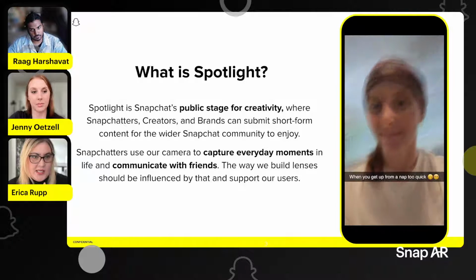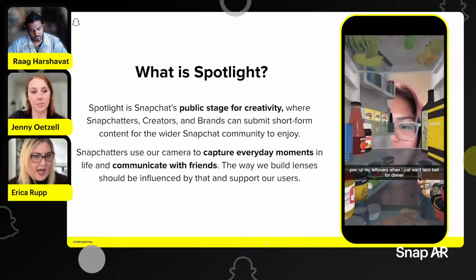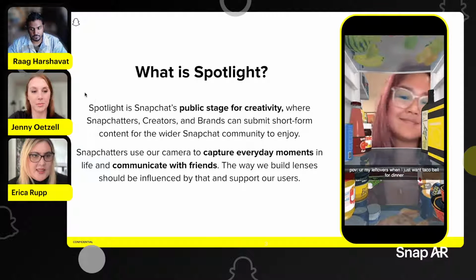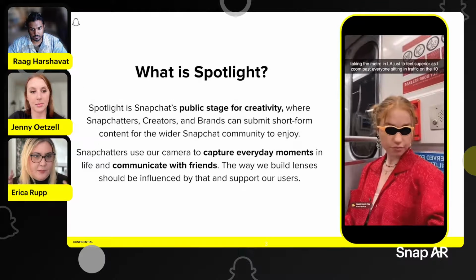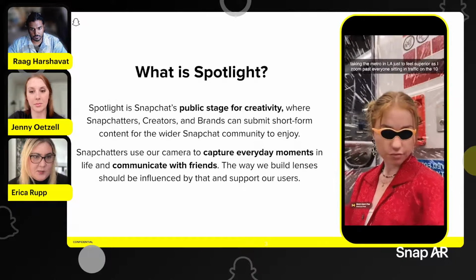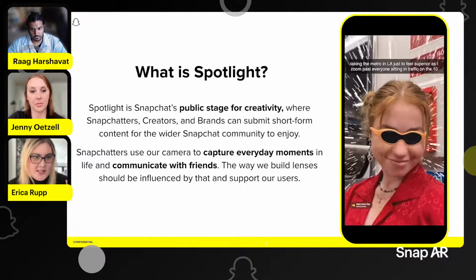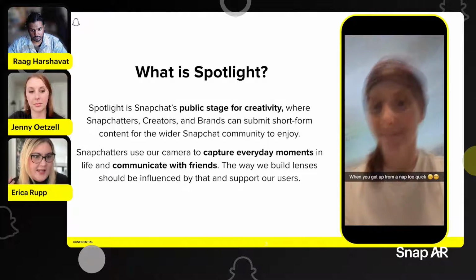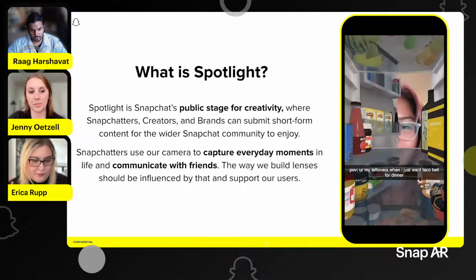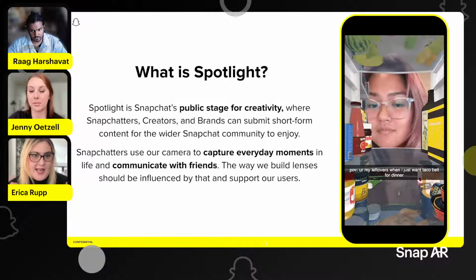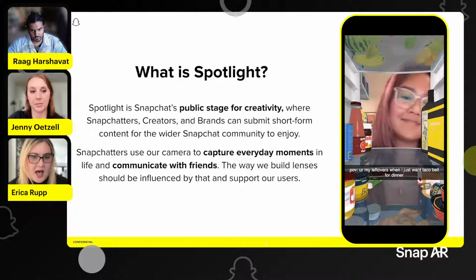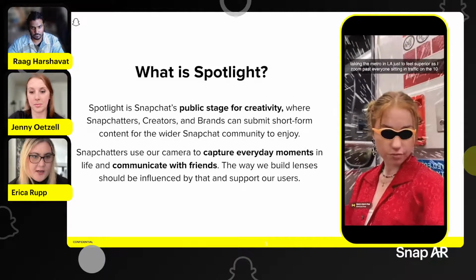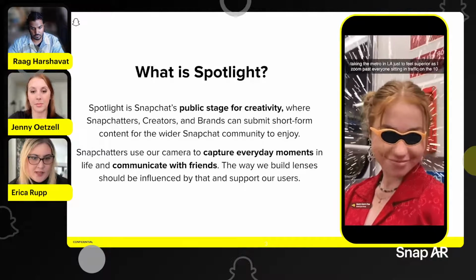Sometimes we get a lot of feedback like, I'm not able to submit to Spotlight, what's going on? So remembering the criteria and the parameters for Spotlight when you're creating these lenses is going to be the really smart way to get that lens in this feed, hopefully, for discovery and inspiration for other Snapchatters, as Rog said, to create engaging, fun video broadcast moments.